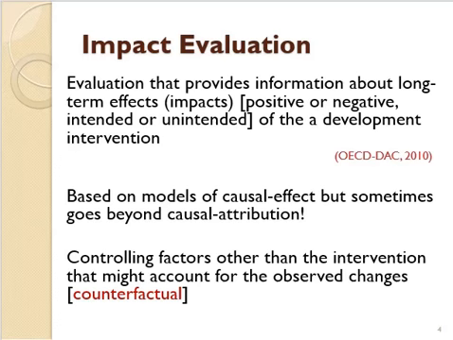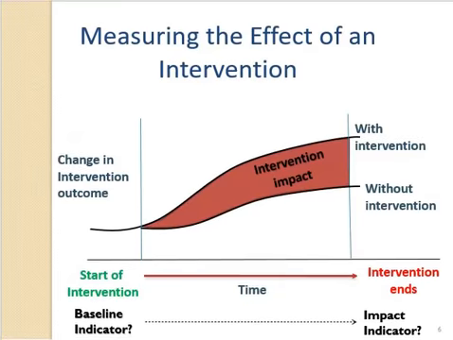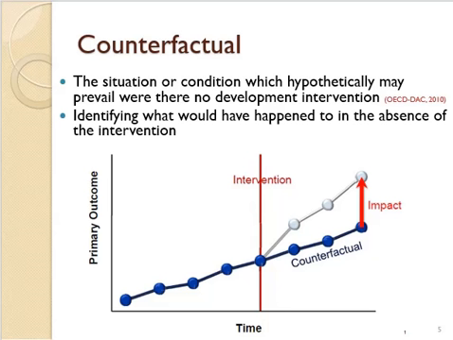So to do that, we do what we call counterfactual. And counterfactual in this situation looks at any situation or condition that may prevail where there is no intervention. So for instance, when we try using counterfactual, we are trying to identify what would have happened if the intervention was not there. So you can see the blue line here. That's the counterfactual. Because if we are saying, okay, if you look at the